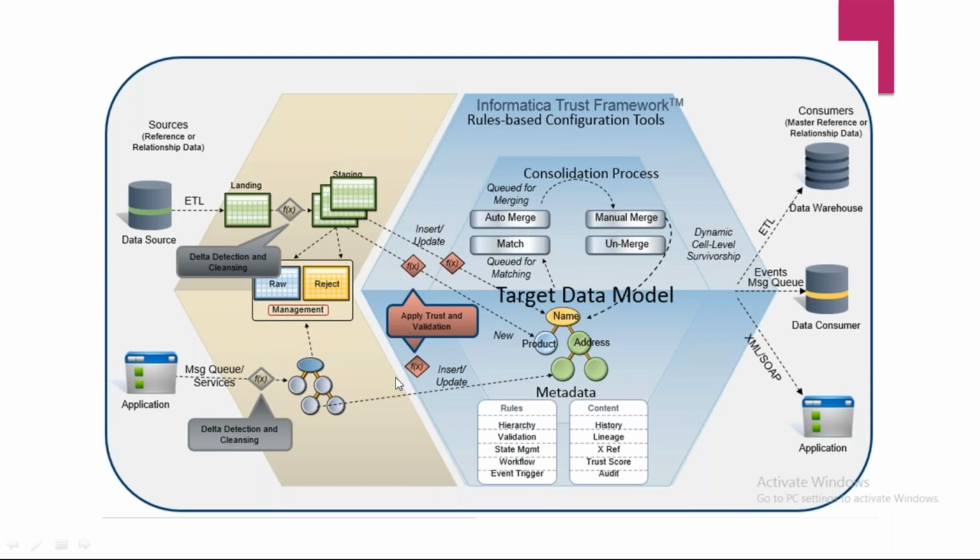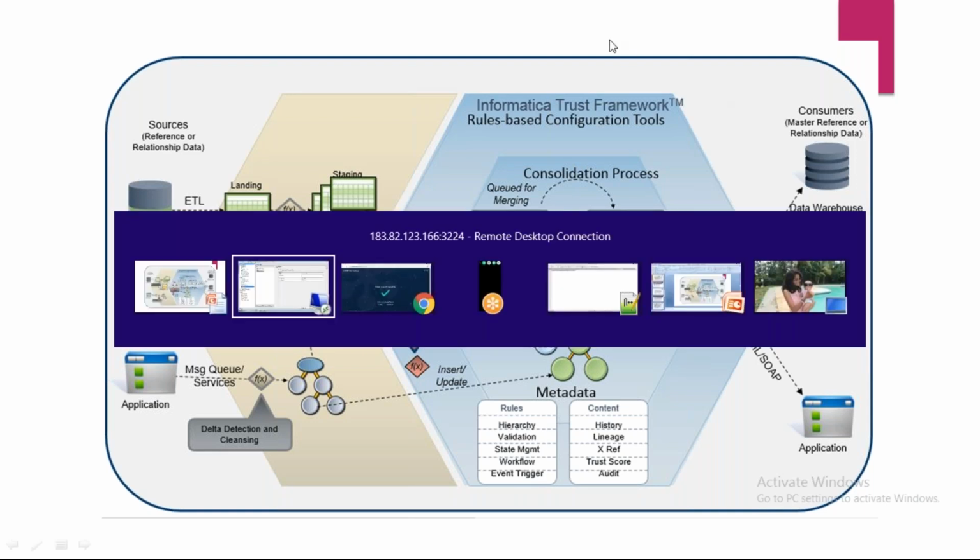Okay, now let me go back to the PPT. I have a landing table, I have a staging table, and I have something called a base object. I have created a mapping, and the job is already there, so I need not create it again. Let us try to do a quick data load now.